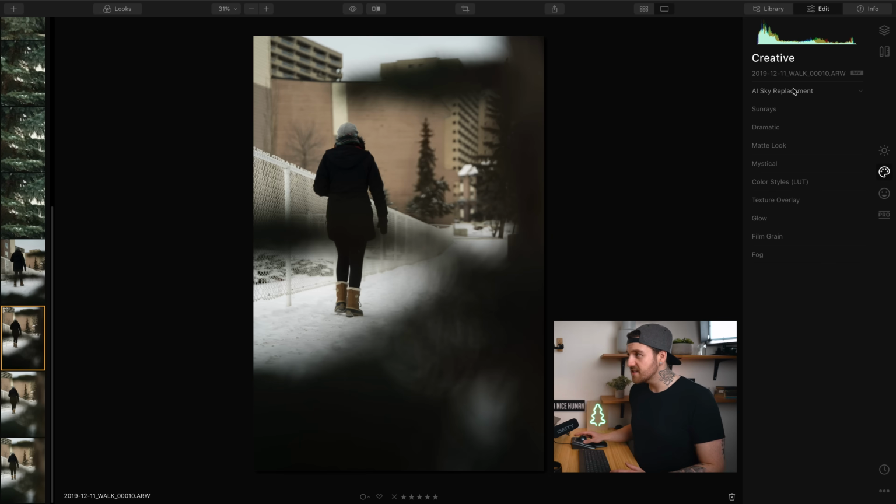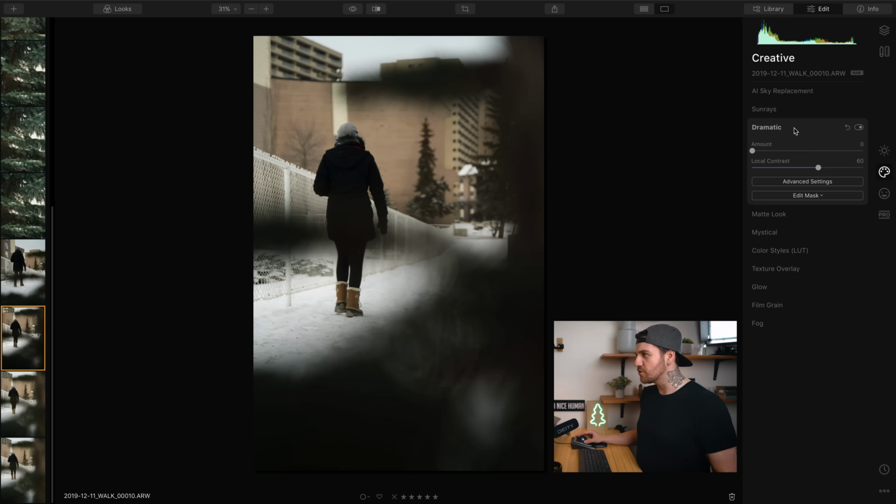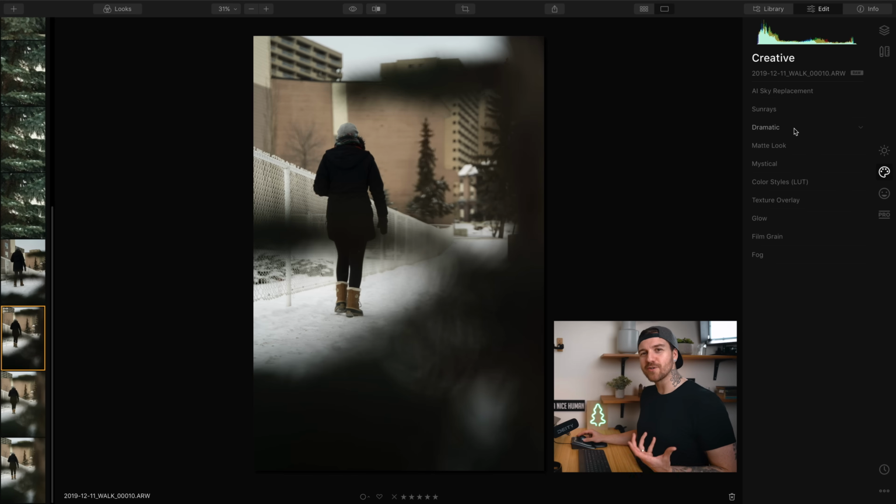So we got things like sky replacement, sun rays, what they call dramatic, so we can make our photo more dramatic. We've got the matte look, mystical, again, making it look more mystical. We've got Luts, a texture overlay built right into it, a glow, film grain, and we can add fog. So this is all stuff that you would have to take from like a basic editing software into something more like a Photoshop and start adding layers and that kind of stuff, which you can actually do up here. You can add more layers, but it's got it built right in,